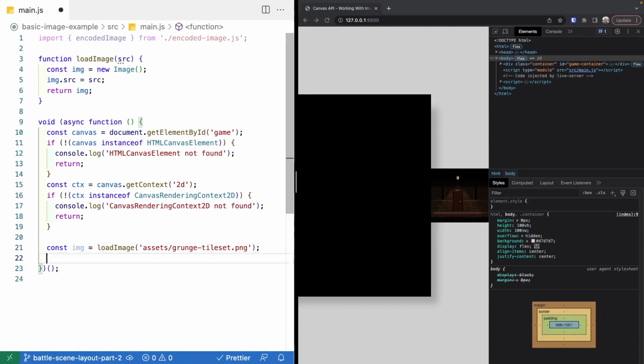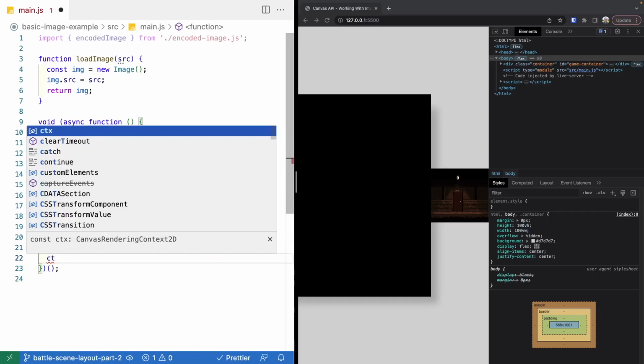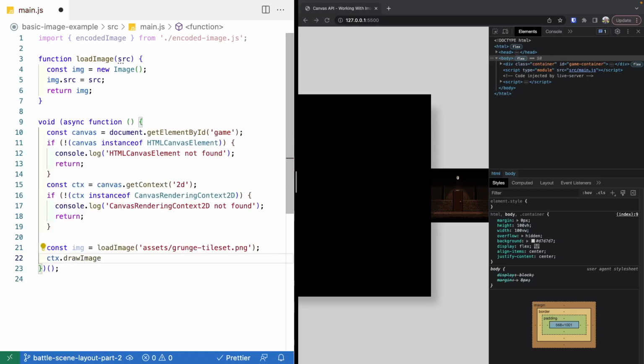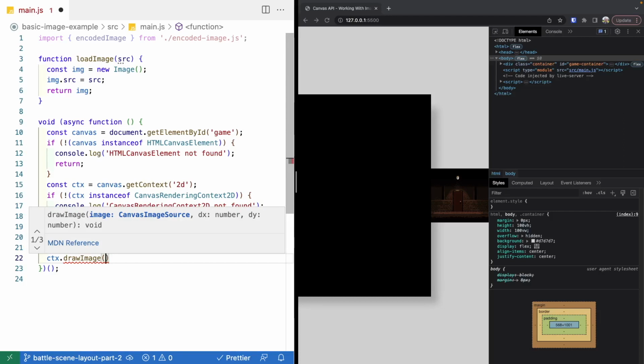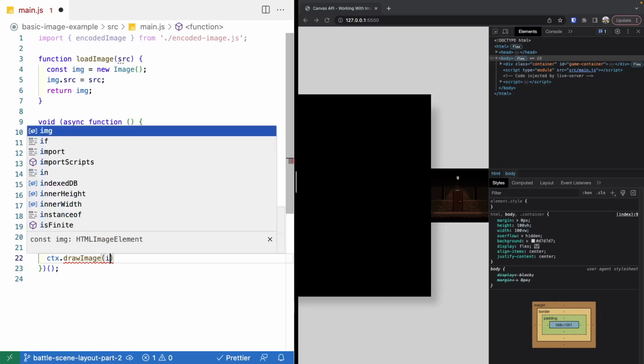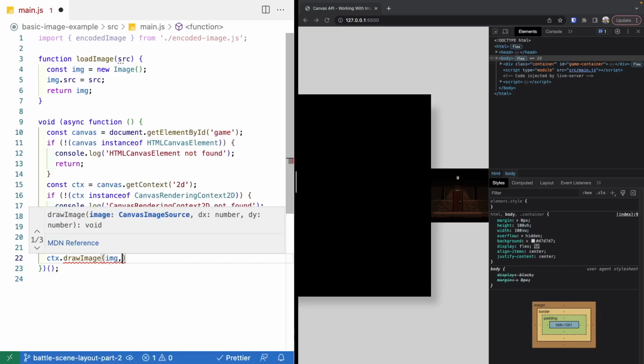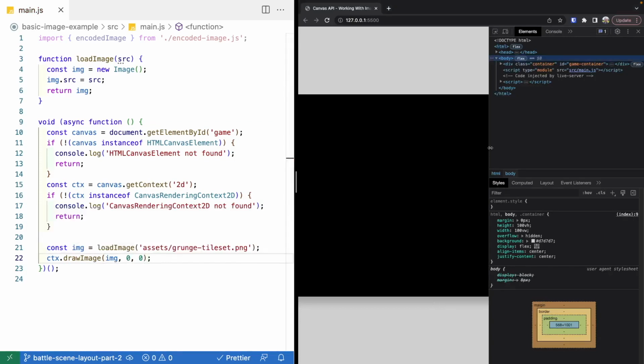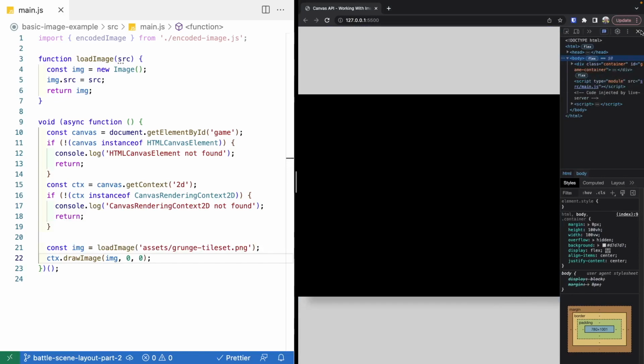And so to do that, all we need to do is reference our canvas context, and then we need to call drawImage. And so drawImage has a few ways you can provide arguments when you call this method. For the most basic one, you can provide the image source that you want to draw, as well as the X and Y coordinates of where you want this to be drawn onto your canvas. So if we provide our image element that we created, and then we provide 0, 0 to go ahead and draw, what should happen is our canvas should now be back to black